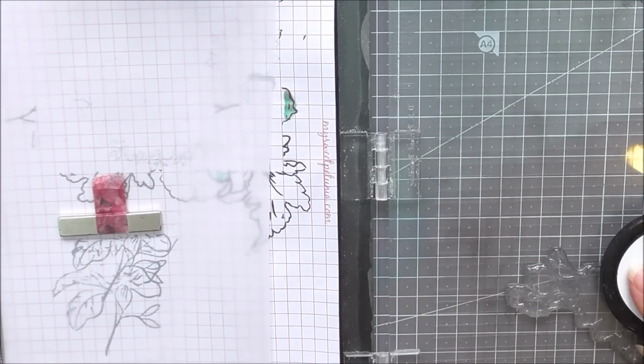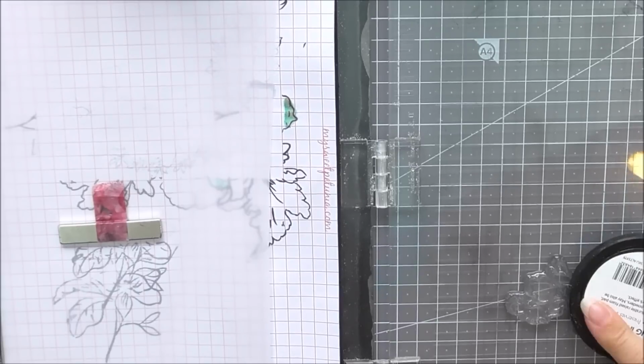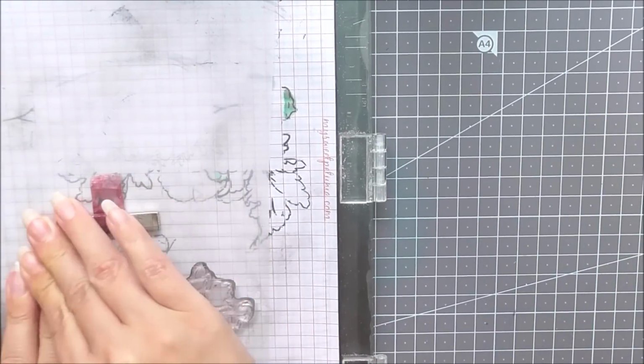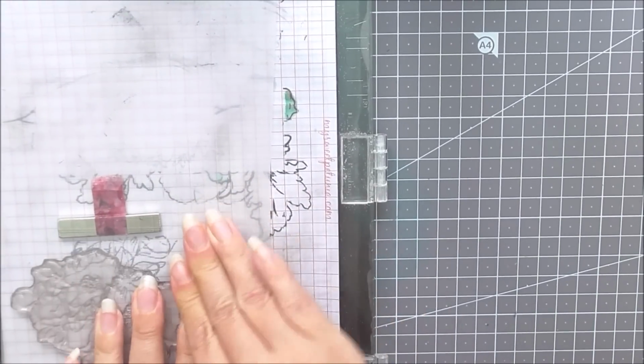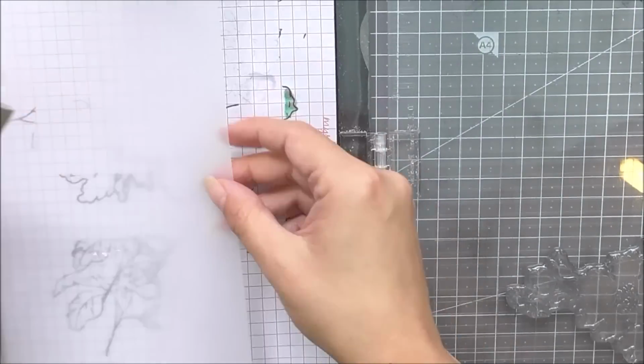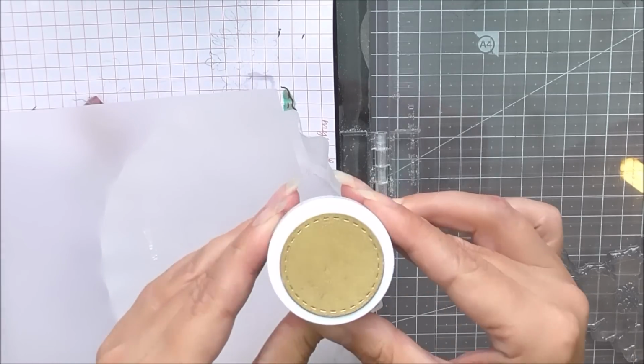So for this first one, I'm going to be stamping this with some embossing ink. This is my favorite embossing ink from Altenew. It's so super sticky, and we do have a refill as well, so that is a great one to have when you do have the ink pad. So I'm just going to stamp that down. Sorry, I am using a Misty just in case I didn't get my stamping perfectly,